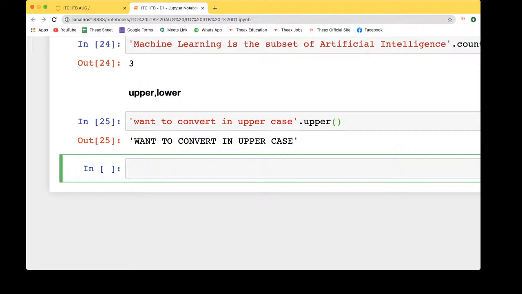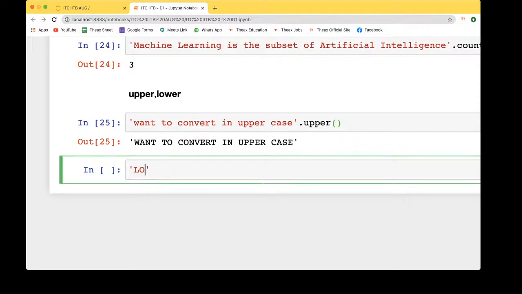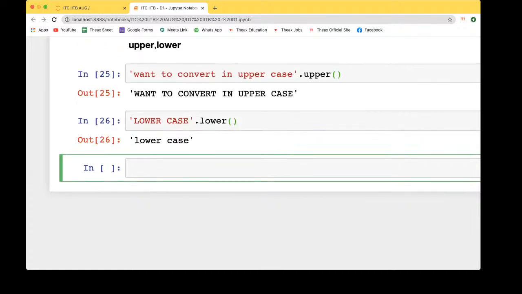Even if we write this in lowercase, we want to convert this upper into lowercase. If we run this, we'll see lowercase over there. Okay, that is the basic functionality of these functions, the upper cases and the lower cases.